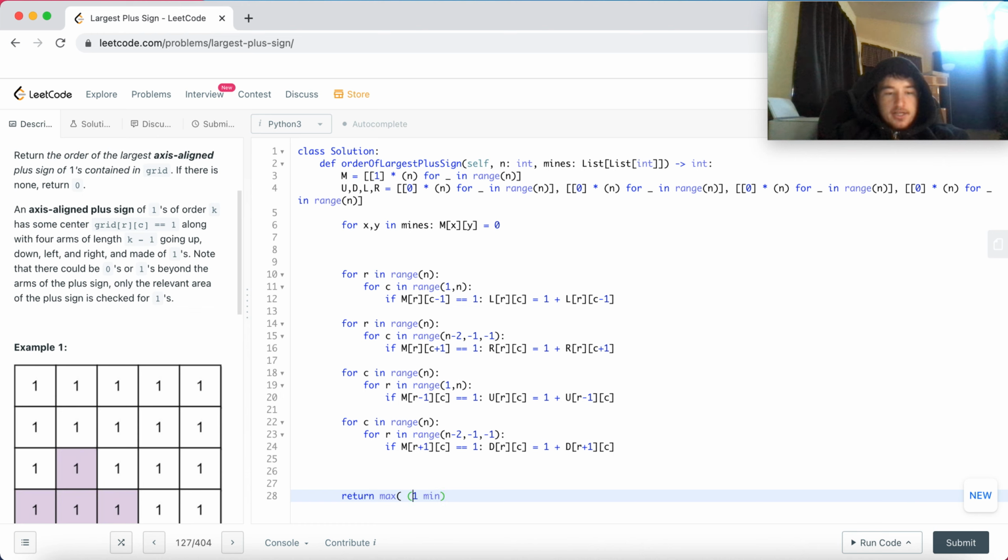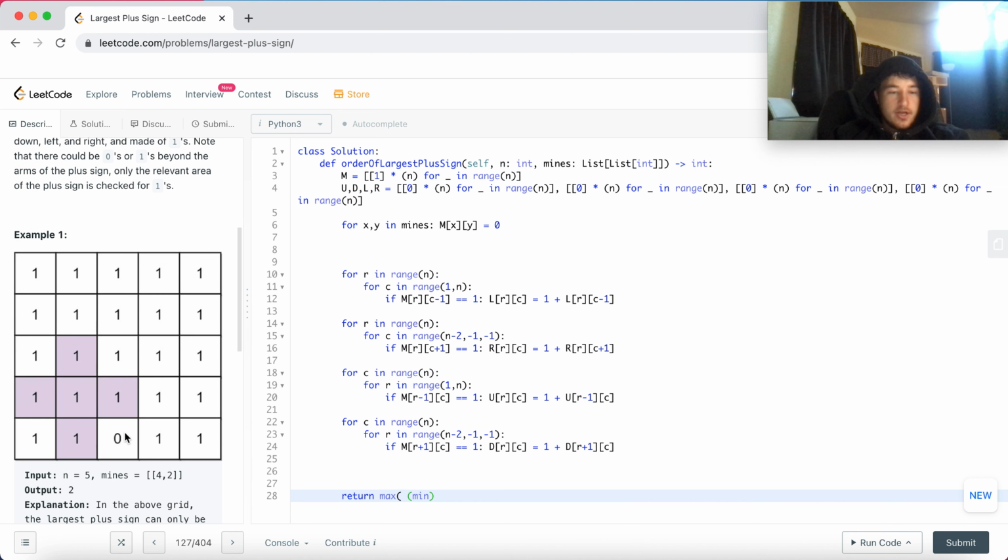so the grid cell itself doesn't count, right? Only the length of its legs. Like this has, okay, no, so this is 1, so it is 1 plus, right? Because the length of my limb here is 1, 1, 1, and 1. So you return 2. Okay, so it's the max of 1 plus the min of